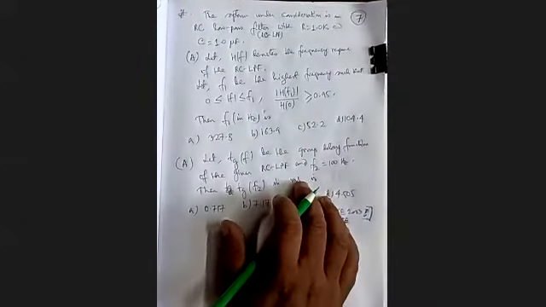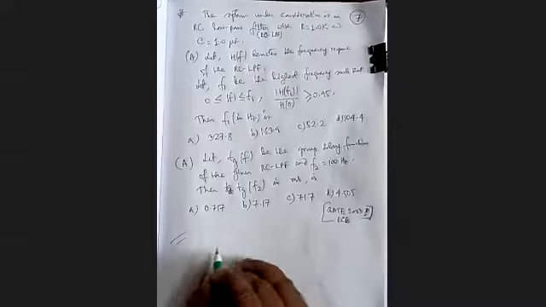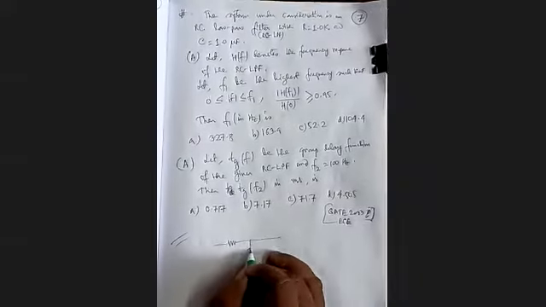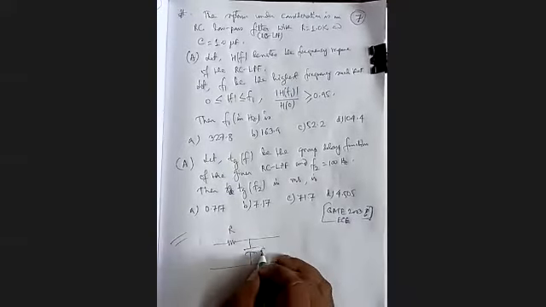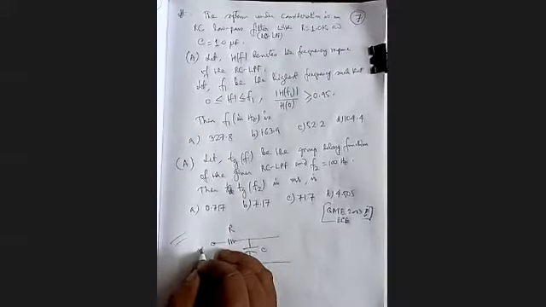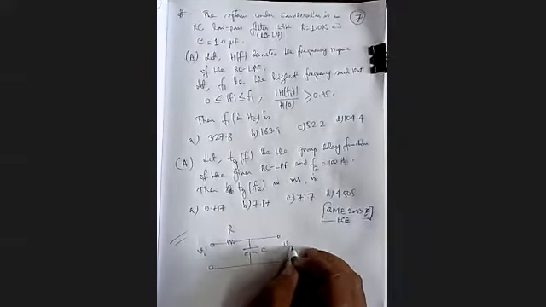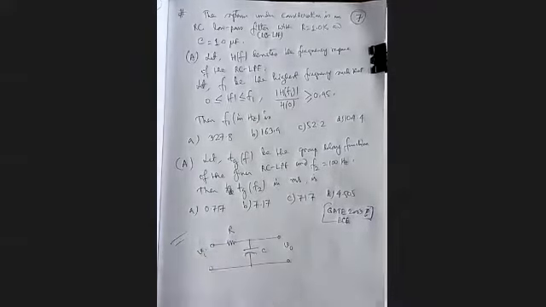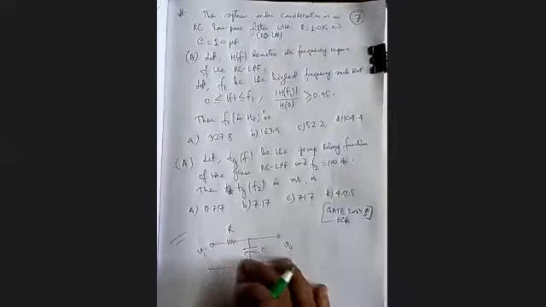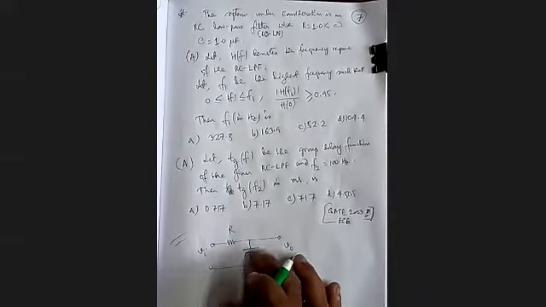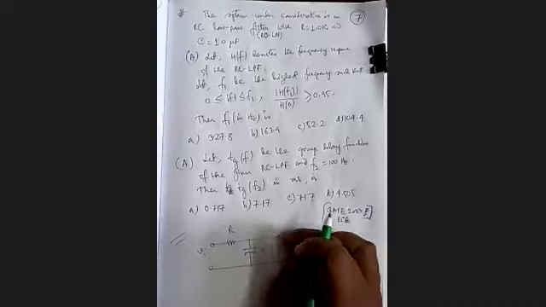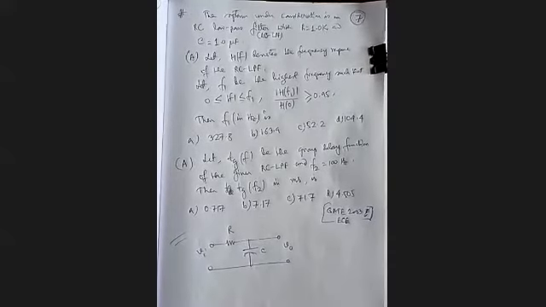First, see how to get a RC low pass filter. The structure of the RC low pass filter is something like, how do you know that it will be the structure? Very simple. We know the reactance of the capacitor is 1 by omega c. So at high frequency, 1 by omega c tends to 0. So it will act as a short. So output will be shorted. So output voltage will fall at high frequency.